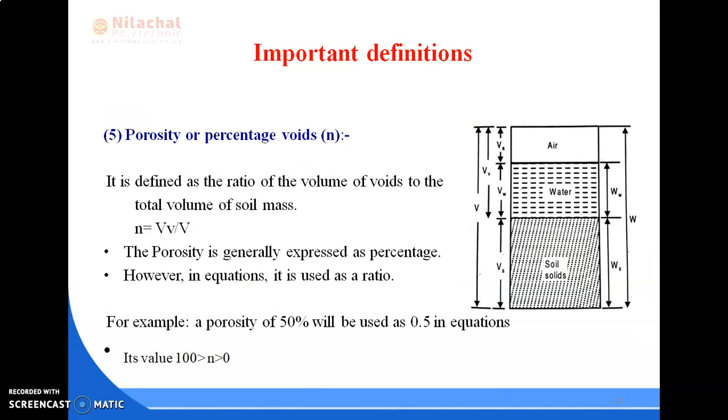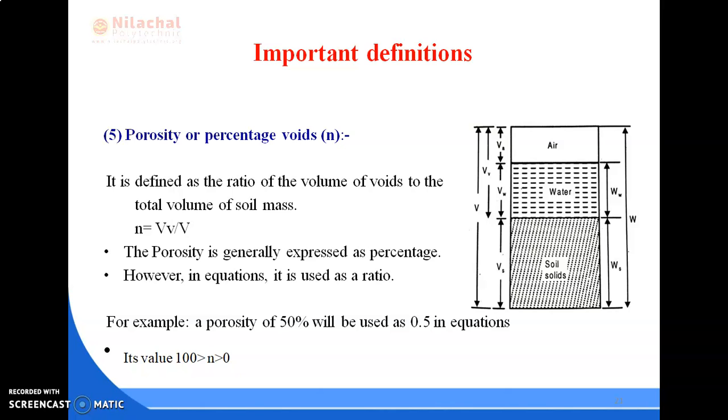Next is porosity or percentage voids. Notation is small n. To find out the definition, you always have to remember the three-phase diagram. You have to keep in mind this three-phase diagram with all its notations. It is defined as the ratio of volume of voids to the volume of soil mass. So mathematically n equals Vv by V,